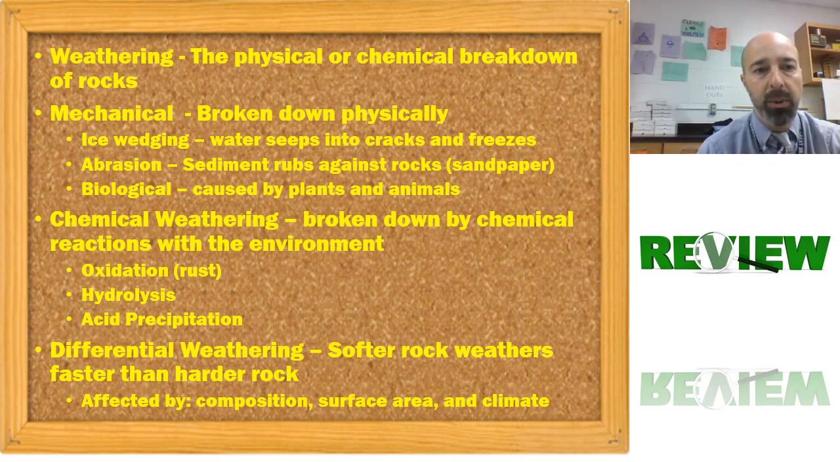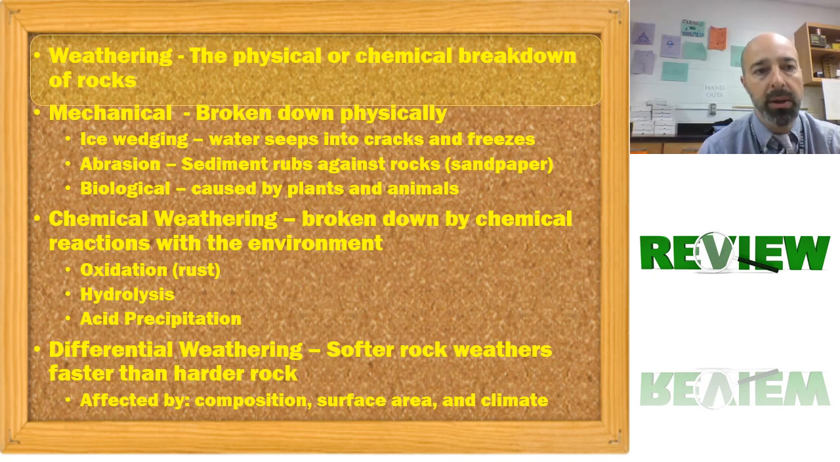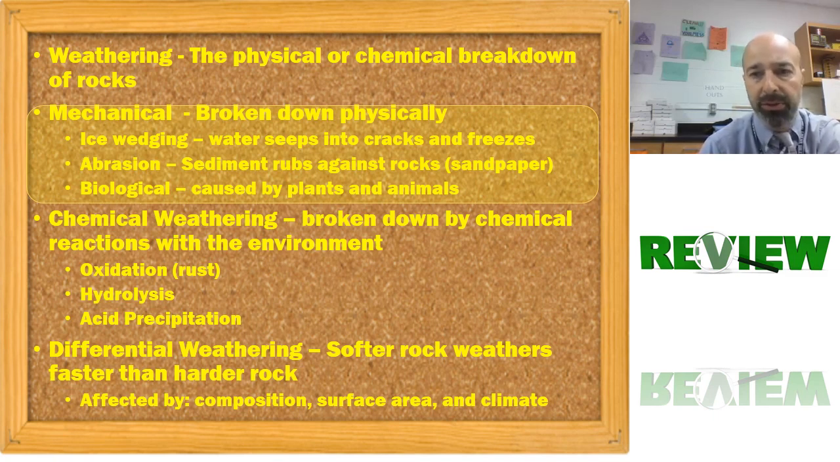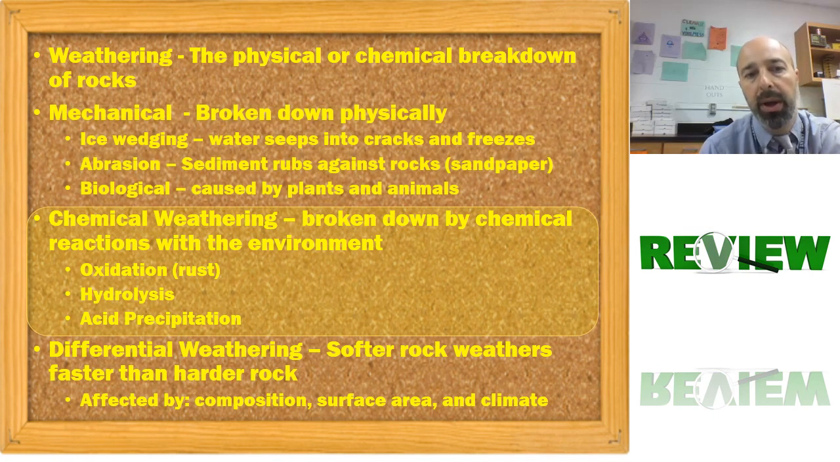All right, there you have it. We talked about weathering. We talked about the fact that weathering is the physical or chemical breakdown of rocks. We talked about one type of weathering, which is mechanical weathering. This means broken down physically. Again, think of just smashing a rock with a hammer. We have different types, including ice wedging, abrasion, and biological. And then we also have chemical weathering, with our main example being Cleopatra's Needle. We'll talk about some other examples of that. And this is chemical processes, including oxidation or rust, hydrolysis, and acid